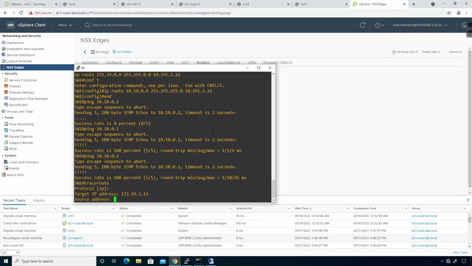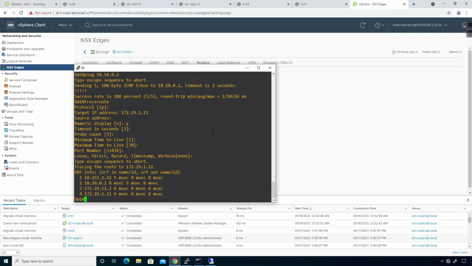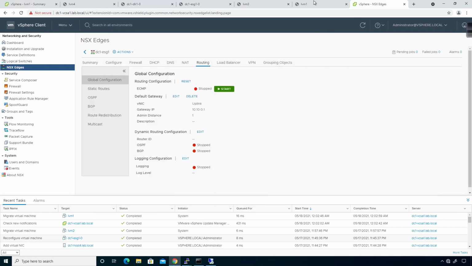The source address is going to be none. Numeric display, yes. That'll get there. Okay, that was the problem. So the default route on my Edge Services Gateway was incorrect, which means that if I go back to LVM1,